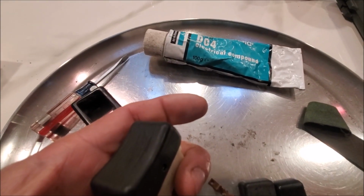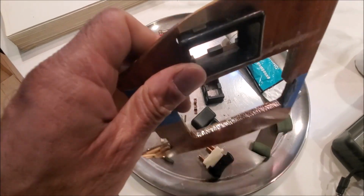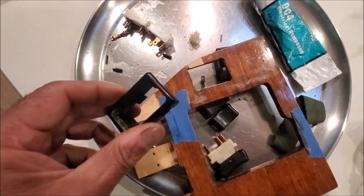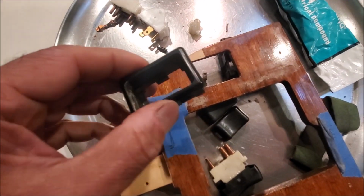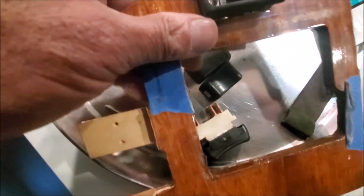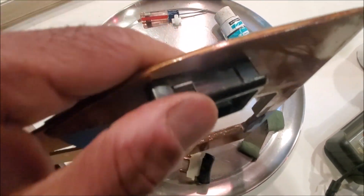Okay, just a continuation. So I was able to get my scrap broken shift gate that I got from somebody. The interior light, dome light, is slightly different configuration, but I just wanted to show that this is somewhat similar. This, as you can see, is broken, but here if you push that in, hopefully you can see that clip. Once it goes in, it's a bit difficult to push in, but you can see that once that clip goes in, it's quite difficult